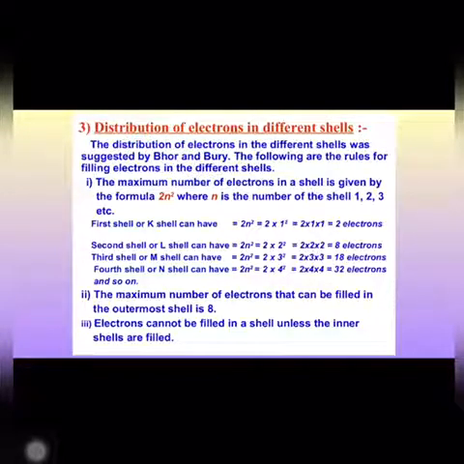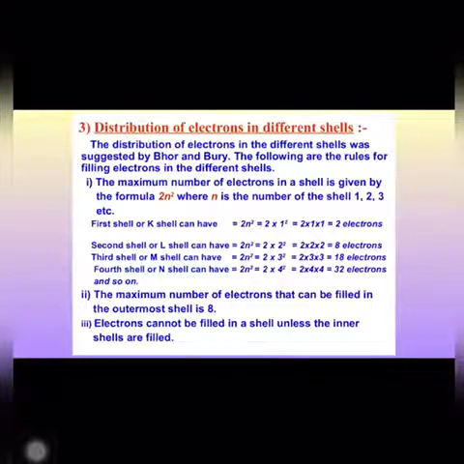We know that there are a number of shells present in an atom. These shells are called first, second, third shell, etc., or K, L, M, N shell, etc., respectively, as we move outwards from the nucleus. And these electrons are distributed in the various energy shells which were given by Bohr, that is K, L, M, N, etc. This distribution of the electrons in the energy shells is known as the electronic configuration.